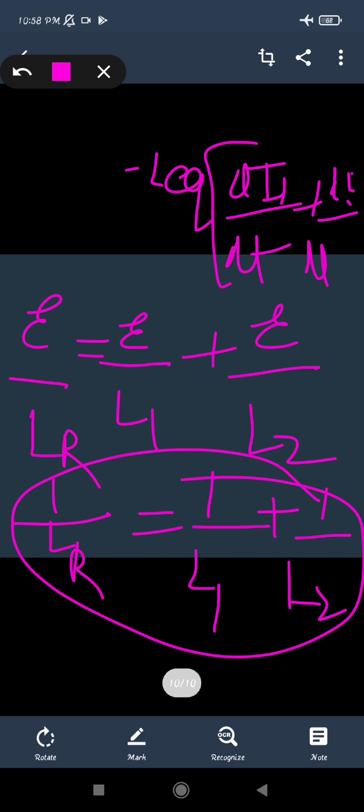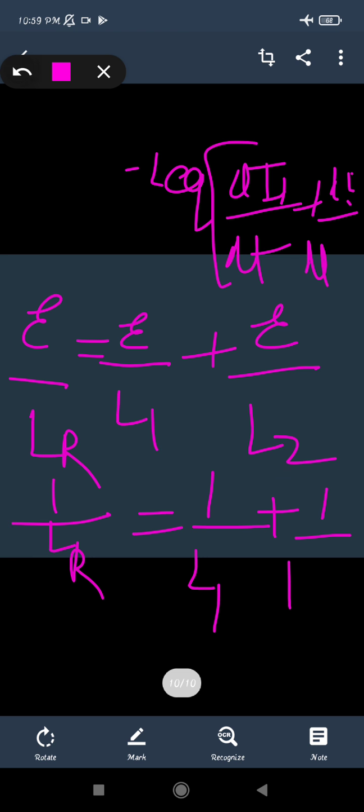Similarly we have taken the parallel condition for resistance also. The same condition applies here, but if there is some mutual inductance, then M will also come along with the equation. So these were the formulas which we have seen for the chapter, electromagnetic induction.